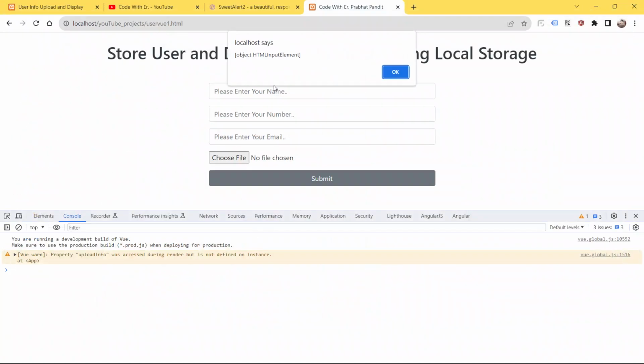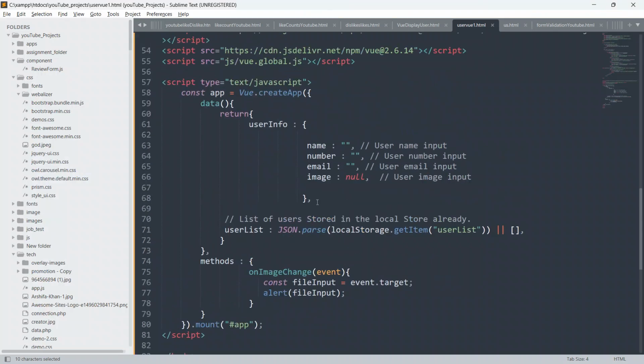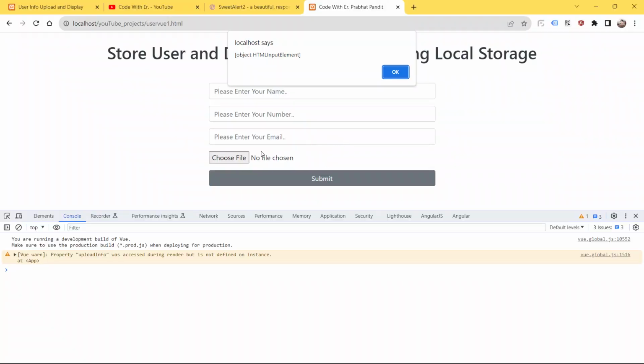See guys, boom, we are getting our alert, HTML input element. At this time, I just hit the input file element. This is the event on which you are clicking, or performing some kind of action. This input file is now an event, and the target is this file.